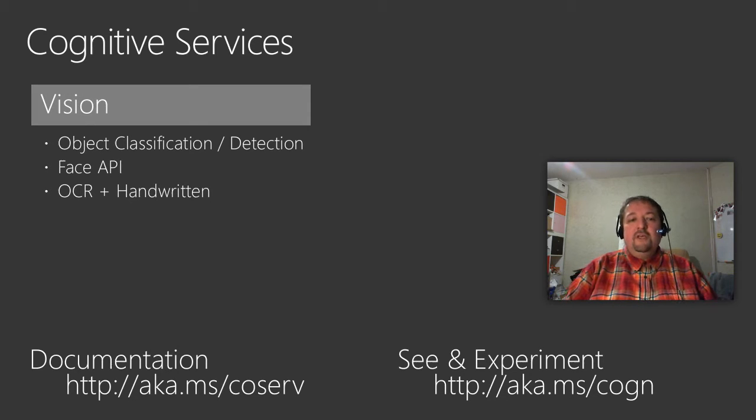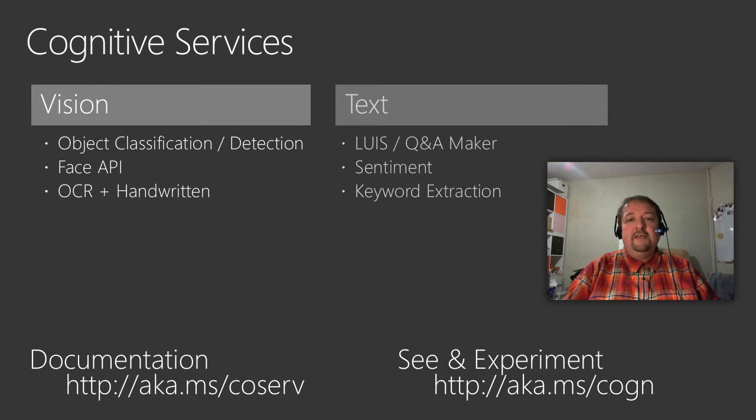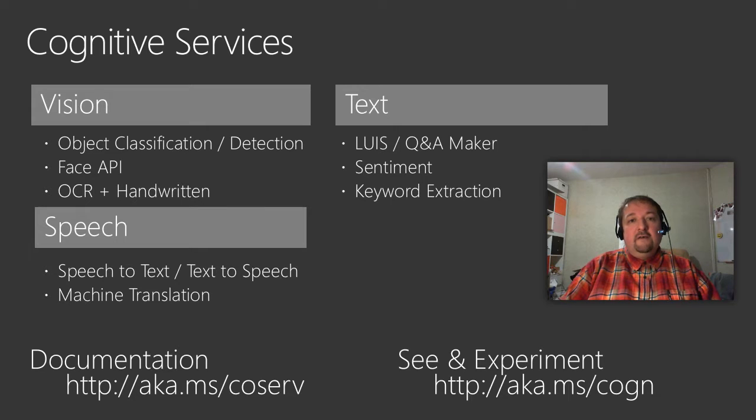For example, there are services related to facial recognition, for matching faces of different people, or even doing optical character recognition, including handwritten text. There are also services which can be used to deal with text. If you have English text, there are services to extract keywords, to find text sentiment. You can use it, for example, to analyze positive or negative brand awareness from social networks. There are services that work with speech to text, text to speech, and machine translation, and